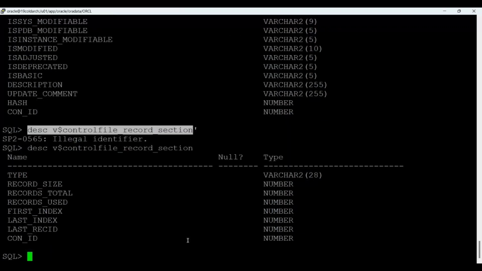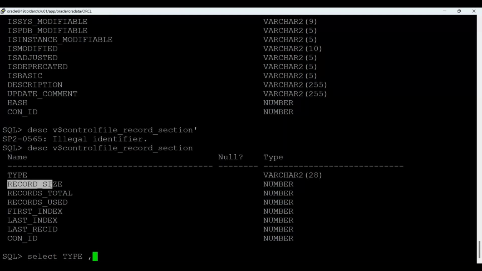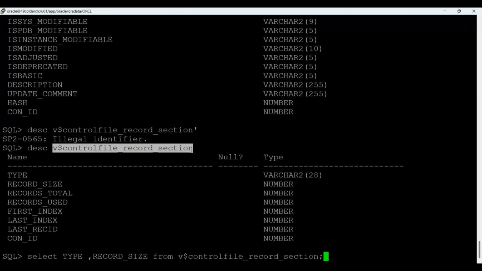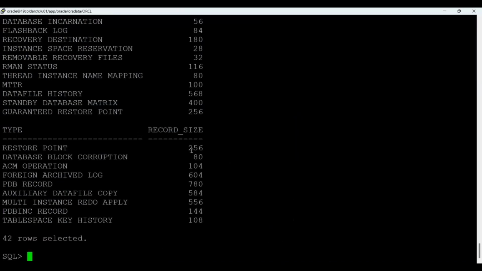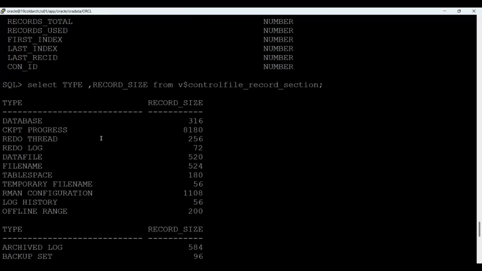So this is the view. Select type, record size from v$controlfile. See that these are the information which actually stored: database, CKPT, redo thread, redo log,